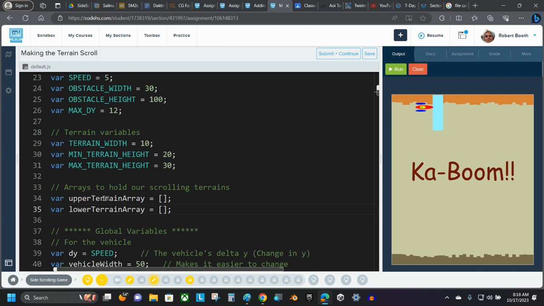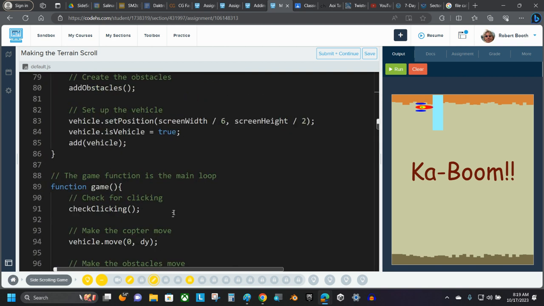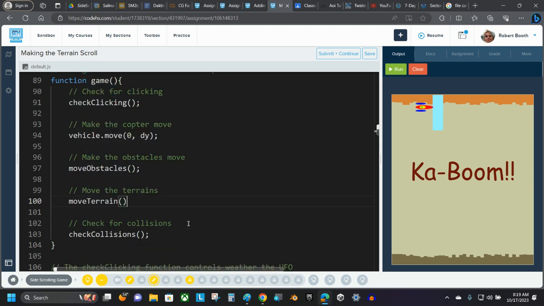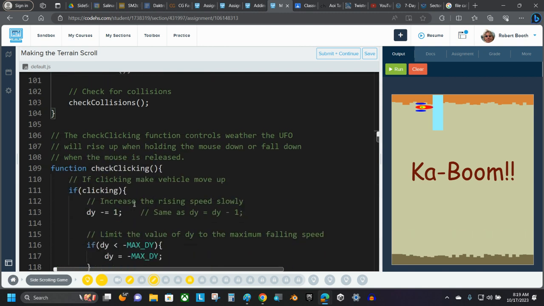So we're going to be loading all of our terrain elements into an array. The upper terrain elements will go in the upper terrain array. The lower terrain elements, all the 40 rectangles that make the lower terrain, are going to go into the lower terrain array. Now let's go down to add. Oh, wait, nope, slow down. In the game function, we need to make sure we call the move terrain function, because once things get going, we want that function getting called because we're going to be able to see things happening before we're finished. All right, so make sure you got that call to move terrain in the